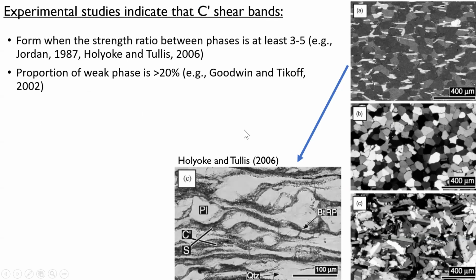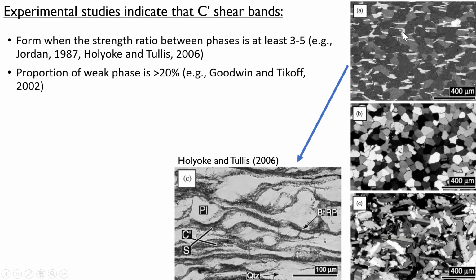Experimental studies, of course, have the advantage that the starting material is constrained, and so you know the factors in the starting material that contribute to the development of structures during deformation. These experimental studies have found that C' shear bands form when the strength ratio between minerals is at least 3 to 5. So what I mean by that is, if you start off with a rock like this, we